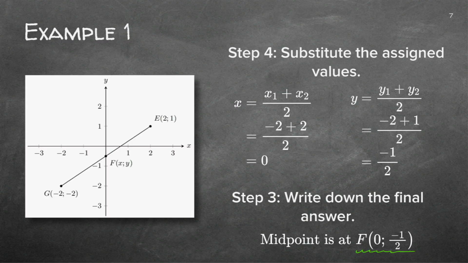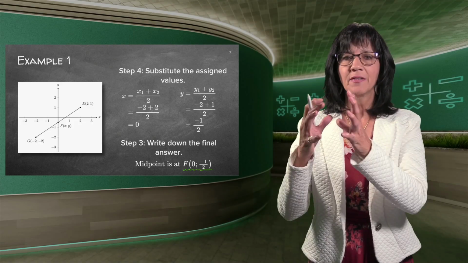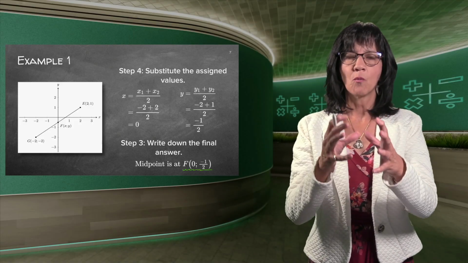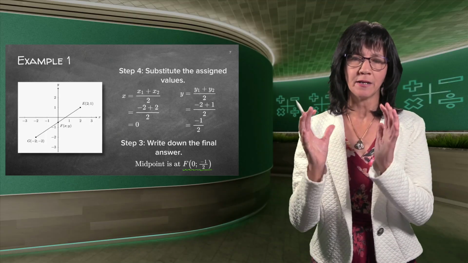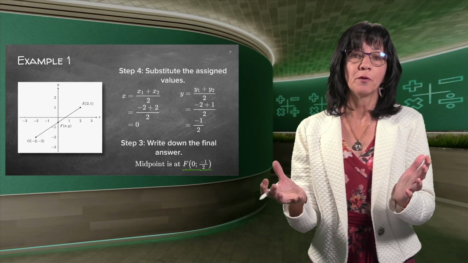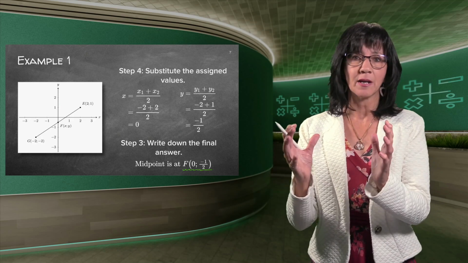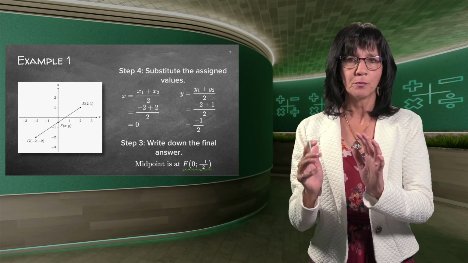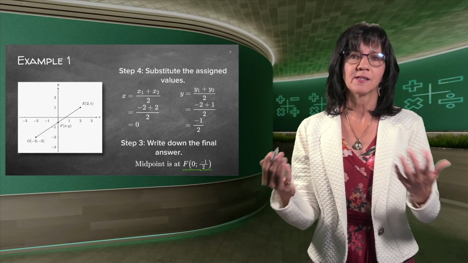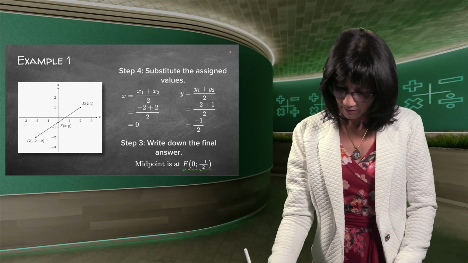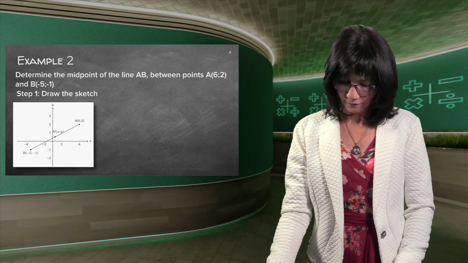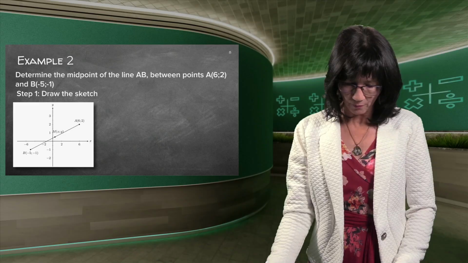Can you see again, this is done a little bit differently. We've done the X separately, and we've done the Y separately, and then we just put it back in a bracket. It depends on what you prefer. I prefer to write it in the bracket from the very start, but as you prefer, you're going to try both methods and see which one fits best, and then you can decide that is your method for the future. Good, let's look at another example.